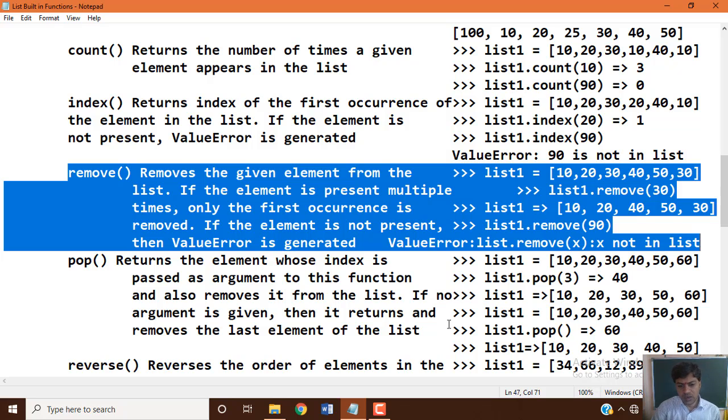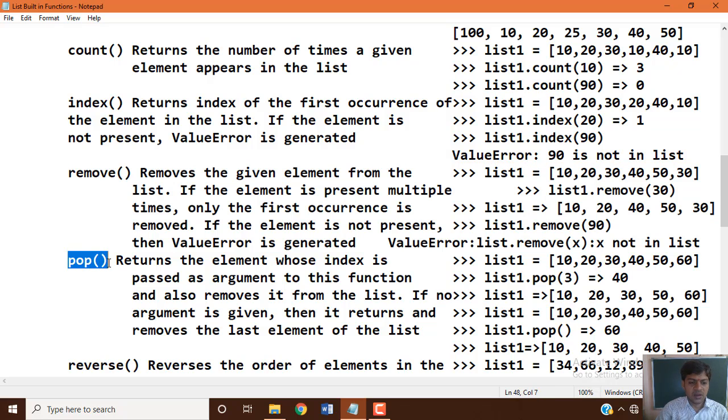Okay, now we are moving to another function, that is pop, another built-in function, which returns the element whose index is passed as an argument to this function and also removes it from the list. If no argument is given, then it returns and removes the last element of the list.